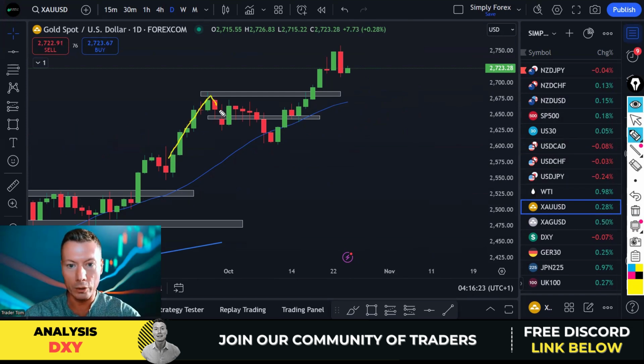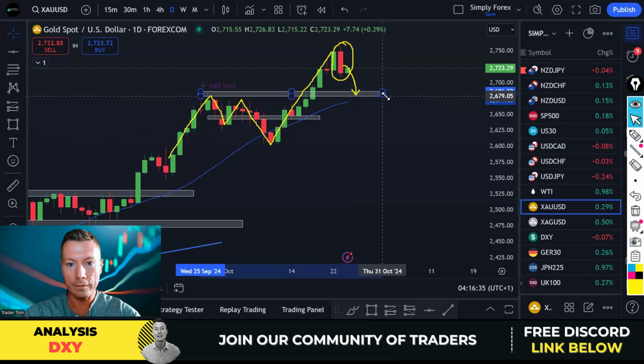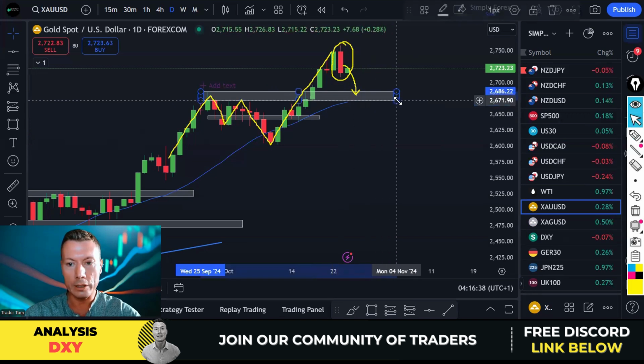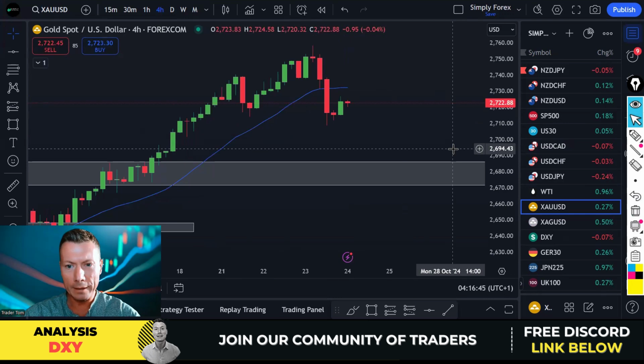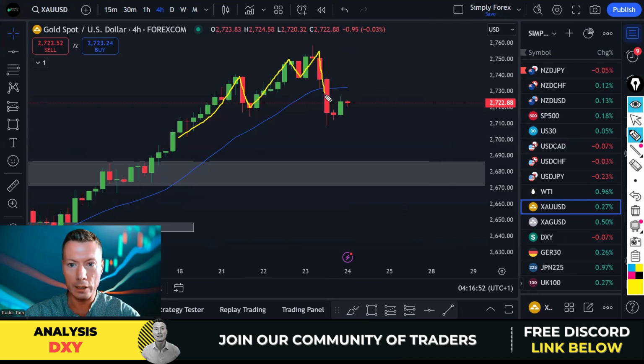So you can see with gold, guys, we're in this uptrend. But look at that. Look at that for a correction candle. Can we expect price to at least come back down to this last level here? I would suggest maybe we can. This could be an against trend trade. Has it broke down on the H4 yet? That's what I would be looking for. And I would suggest, yes, it has. This was the last low here. It's been broken. We could get a retrace and then we could start selling gold.